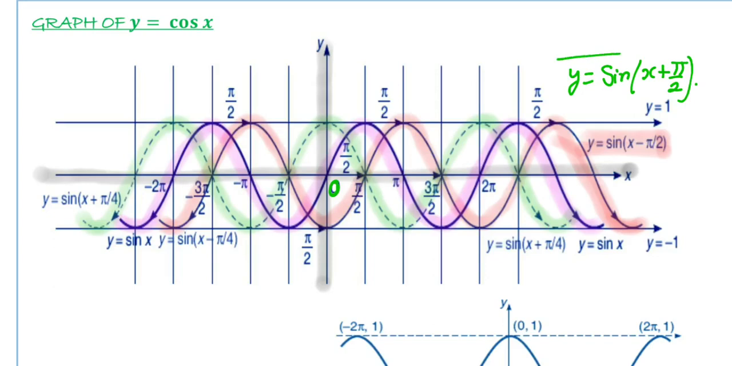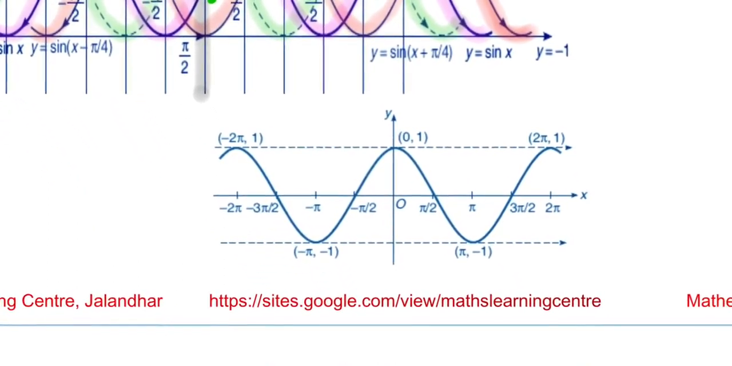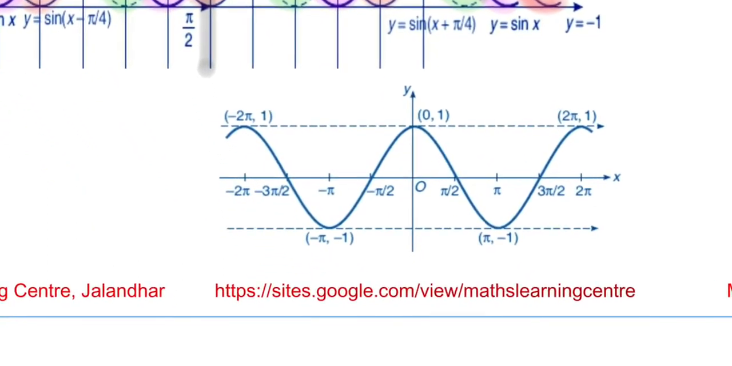And we know that the value of sine of x plus pi by 2 is equal to cos of x. So the graph of cos x is shown over here. It can be obtained from the graph of sine x by shifting that graph towards left by an amount of pi by 2. So this is the graph of the function cos x shown over here. How is this graph being obtained? We are saying this graph is obtained by shifting the graph of the function